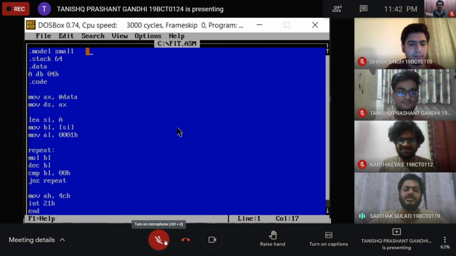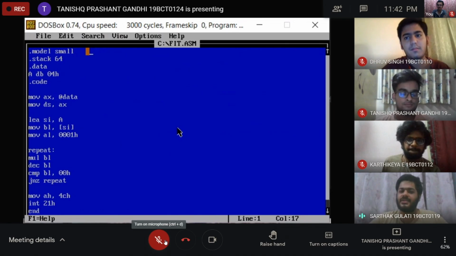Now I'll continue. The 16-bit data segment is moved to the general purpose register AX, since it cannot be moved to DS directly. So register AX is used to hold the starting address of the data segment. To find the effective or logical address, we have to load A into SI, the source index register, wherein the address of A is moved to SI. The content at address SI is moved to BL, in register indirect mode. SI, which is pointing to 04H, implies 04 must be moved to BL, and LEA is the load effective address. Now, to continue with the looping, I'd like Shubham Shankaram to continue.